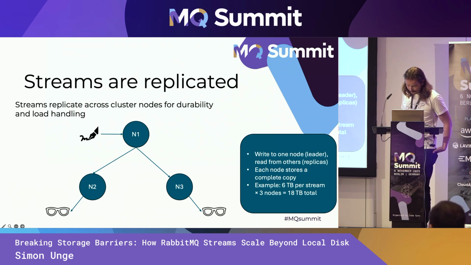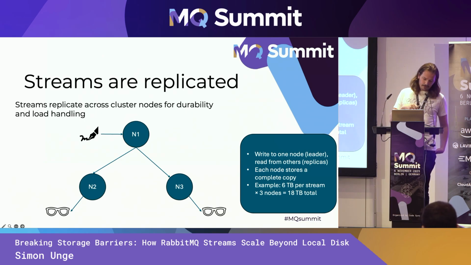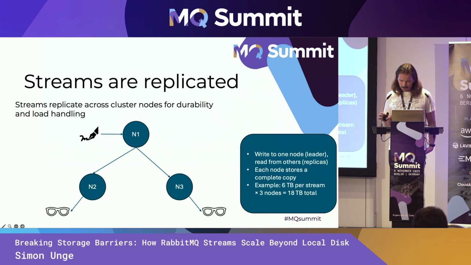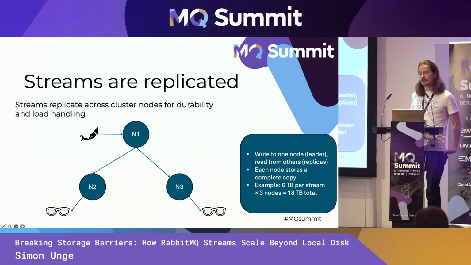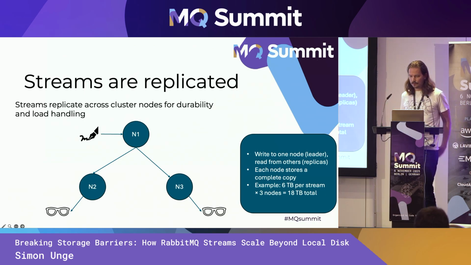Streams were designed, I think, with throughput in mind. And the throughput for RabbitMQ streams is kind of amazing. It's really, really fast. I'm not going to go into why and how it's fast. There are talks from previous RabbitMQ Summits, and blog posts written by the RabbitMQ maintainers, that talk about how and why and all the cool features RabbitMQ streams has. That's not the topic of my talk today at all. But it is cool, so I would look it up if you have the time. But I don't think storage scalability was part of their focus. That was more of an infrastructure problem, so they pushed that to you, the users of RabbitMQ.